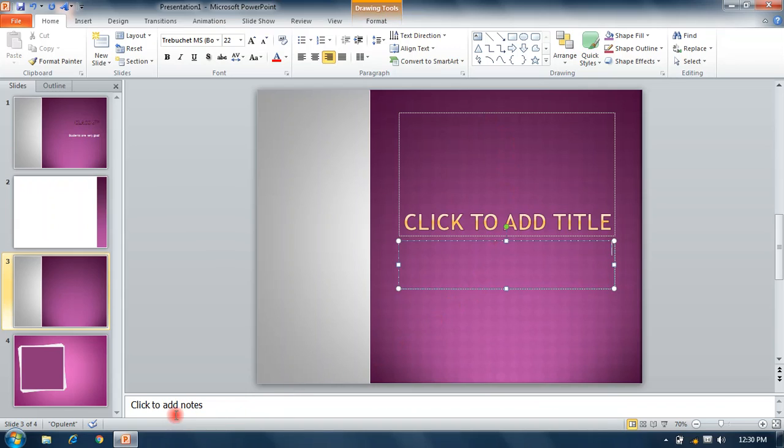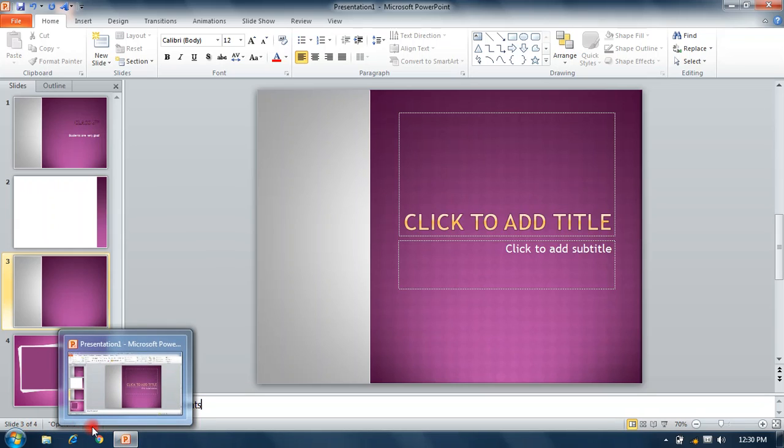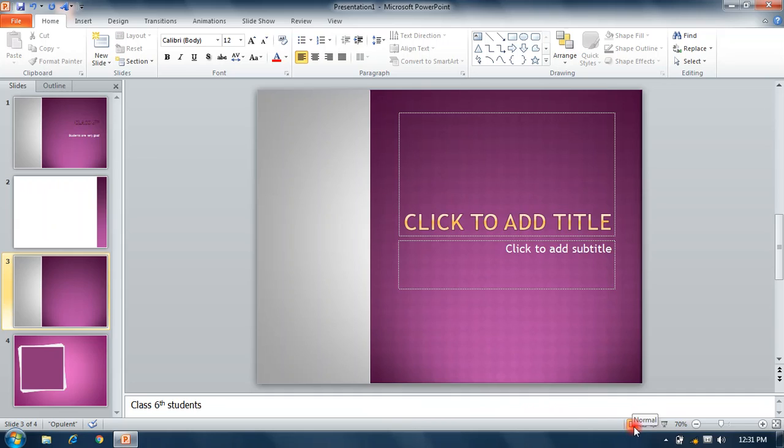This is "Click to add notes". You can click to add any notes. This bar is known as the status bar, which displays the current slide number, view buttons, etc. These are the views: normal view, slide sorter view, reading view, slideshow.